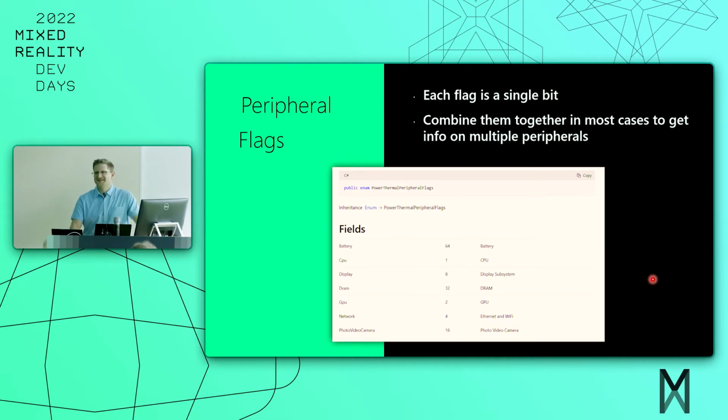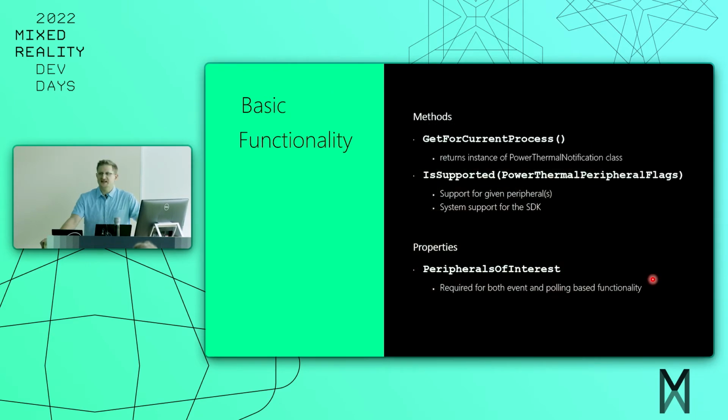Okay, all that out of the way. The first thing to mention about actually using the SDK is it's a singleton for the process. So you can't have 2 of these operating within a process. If you do that, it's going to be operating on the same thing, and you're going to see some strange behaviors. So to get the instance, you call this getForCurrentProcess function, returns the instance,